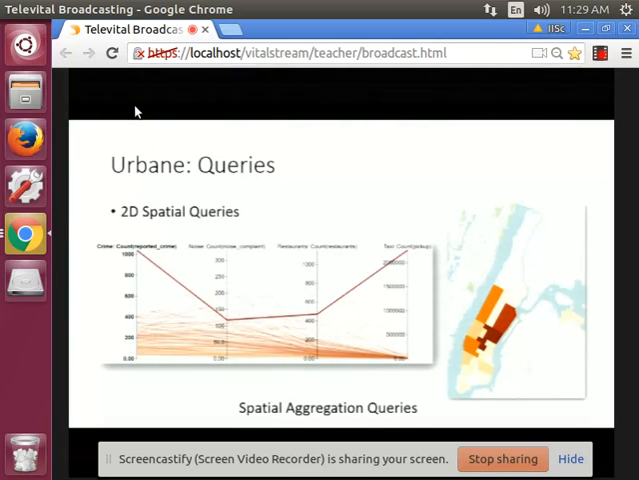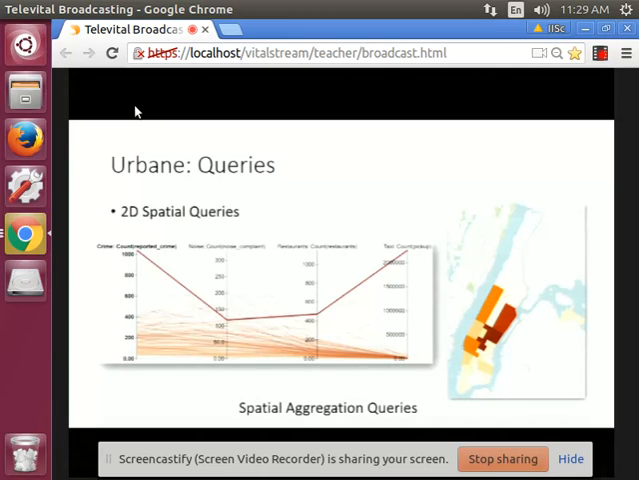And the second kind of queries, which is going to be the focus of the rest of my talk, is spatial aggregation queries, a very specific type of spatial query. All the visualizations that were performed involve these kinds of queries. So what do I mean over here? So here we have something like,